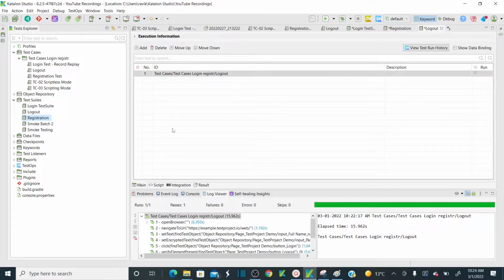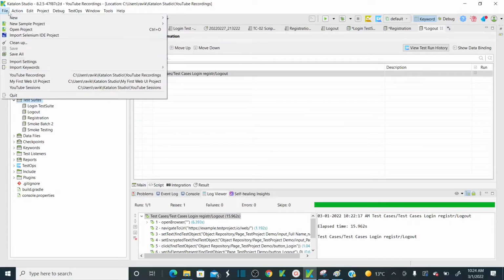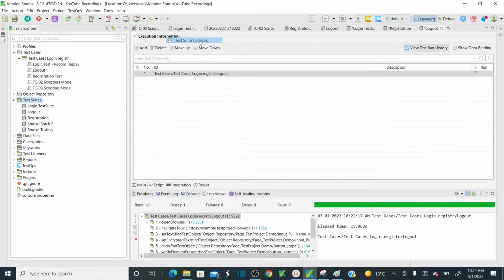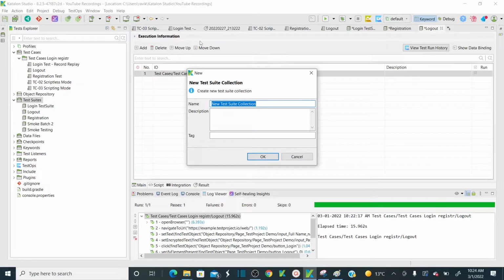So now I have already explained how to run the test suites, all these concepts, and how you can analyze the reports. Now I want to create a test suite collection, and let me explain how we can perform parallel testing also. To create a test suite collection, go to file, click on new, and then click on test suite collection. Name this as